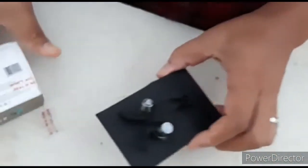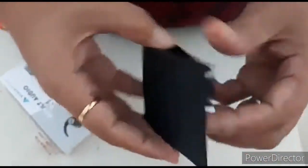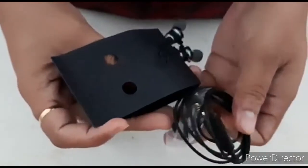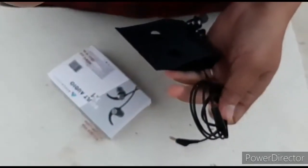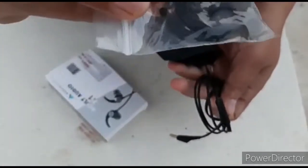Right, now we'll focus on what we have inside the box. We have extra earbuds, comparatively less if you compare to Boat earbuds. They give around like 8 to 10, but it's fine. And this is the main